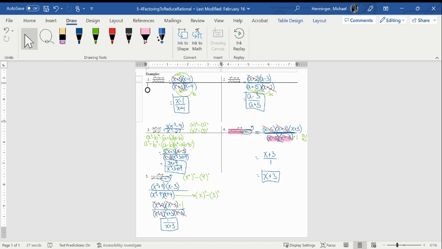How are we gonna know when we're gonna have to do what we did? Like the difference of cubes. Okay, so how do we know when it's going to be those special factorings? That's stuff you got to watch out for. Okay, remember we said we know how to factor a quadratic. We know how to recognize a quadratic. Ax squared plus bx plus c,